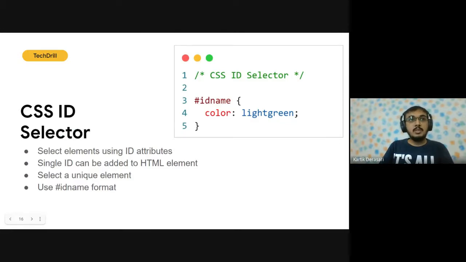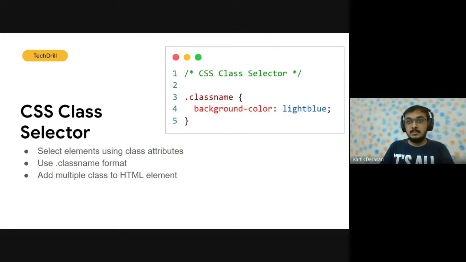Now coming to the next part, CSS class. Class is very important, and we'll use it in mostly each and every HTML element once we start building projects. Its behavior is similar to the CSS ID selector.